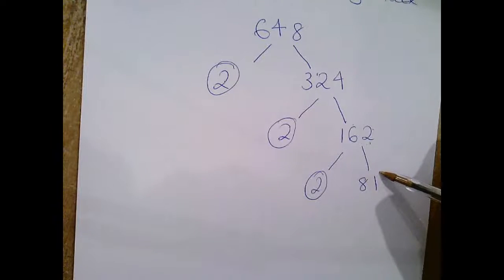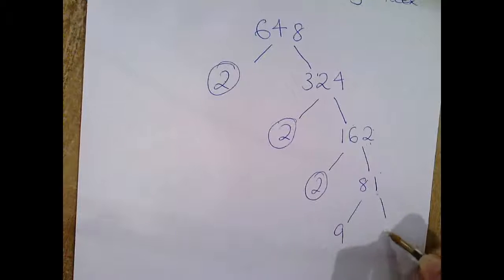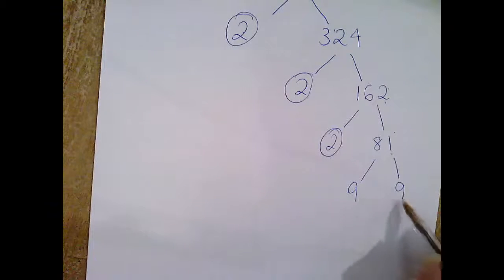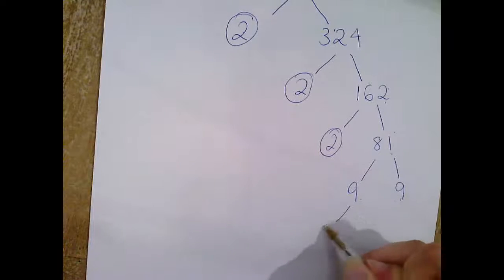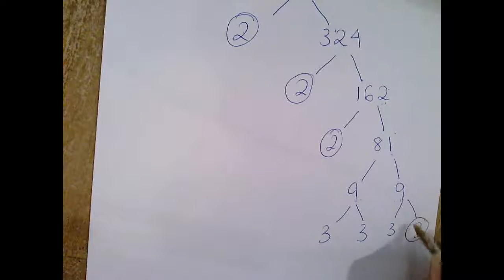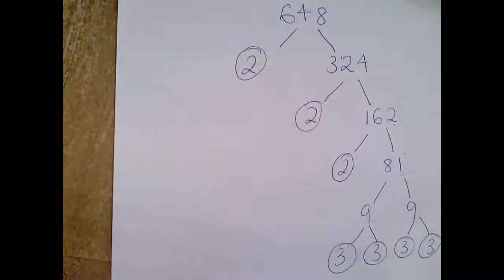It's not prime. There is one number that multiplies nicely by itself to give that. It's actually one of our square numbers that we looked at a few lessons ago. So 9 and 9 go into 81. And then also each of these 9s can be broken down into 3 and 3. So we've got all of these prime numbers now